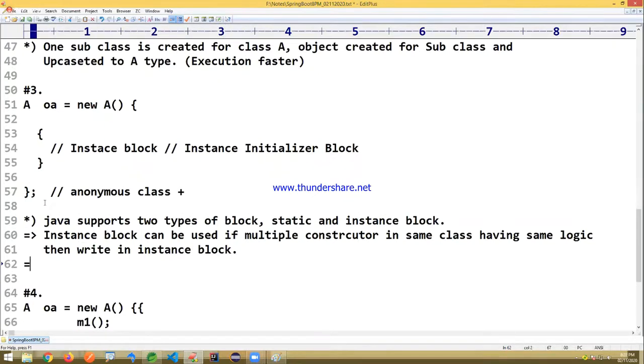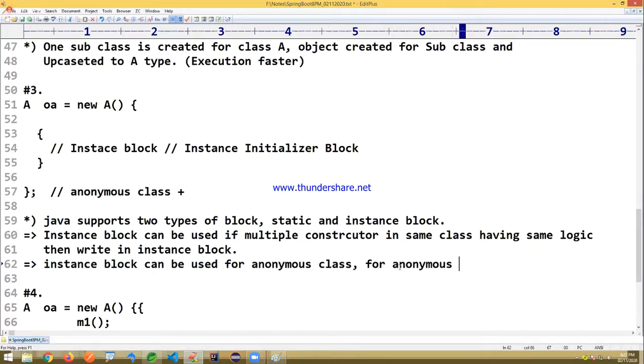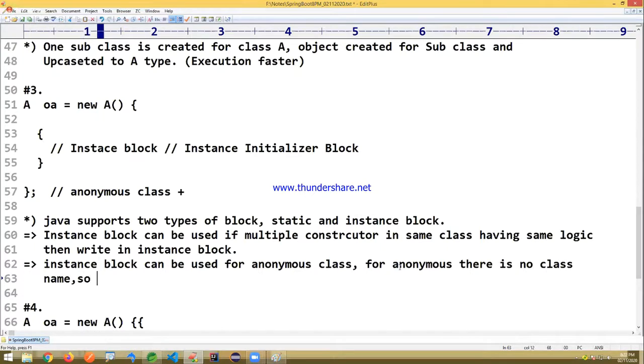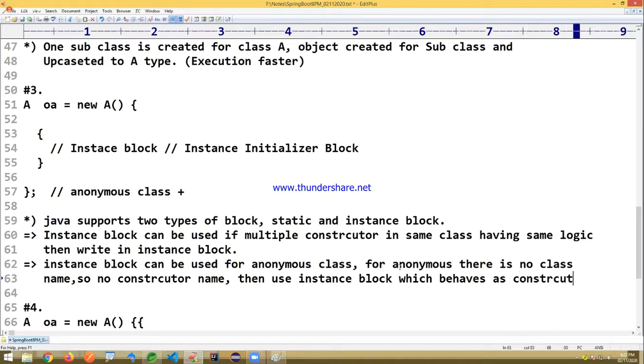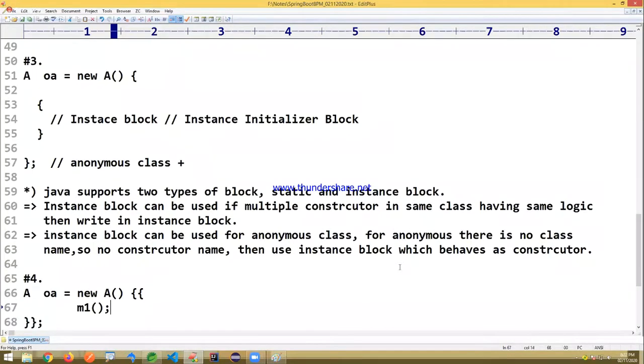And second, an instance block can be used for an anonymous class. For anonymous there is no class name, so no constructor name. Then use an instance block, which behaves as a constructor. That's actually the instance block here.